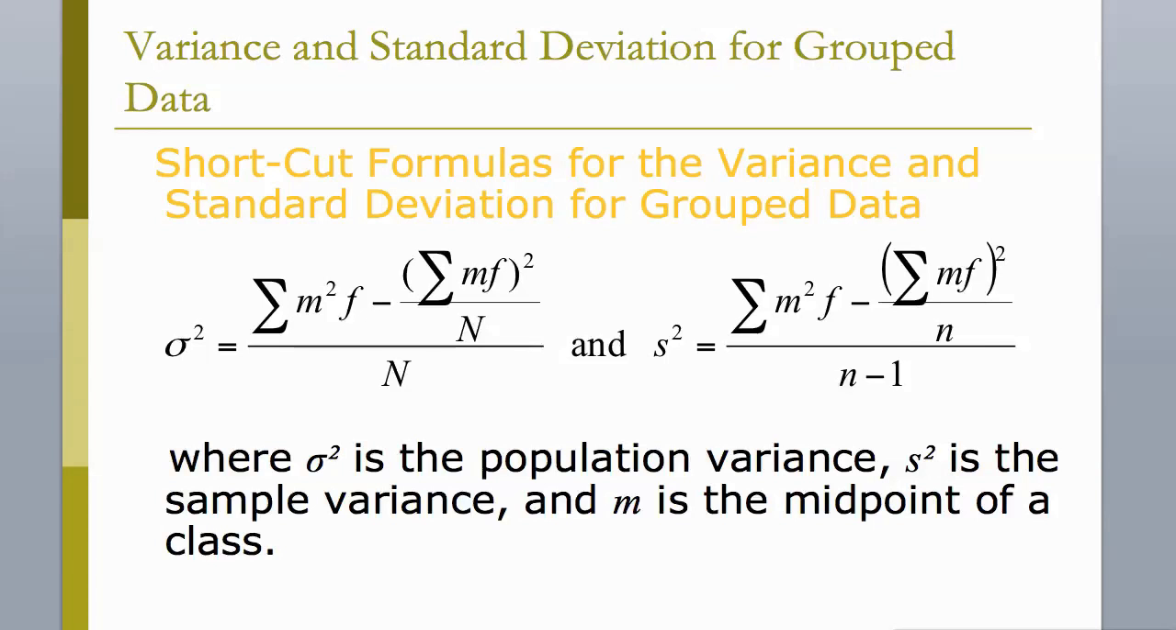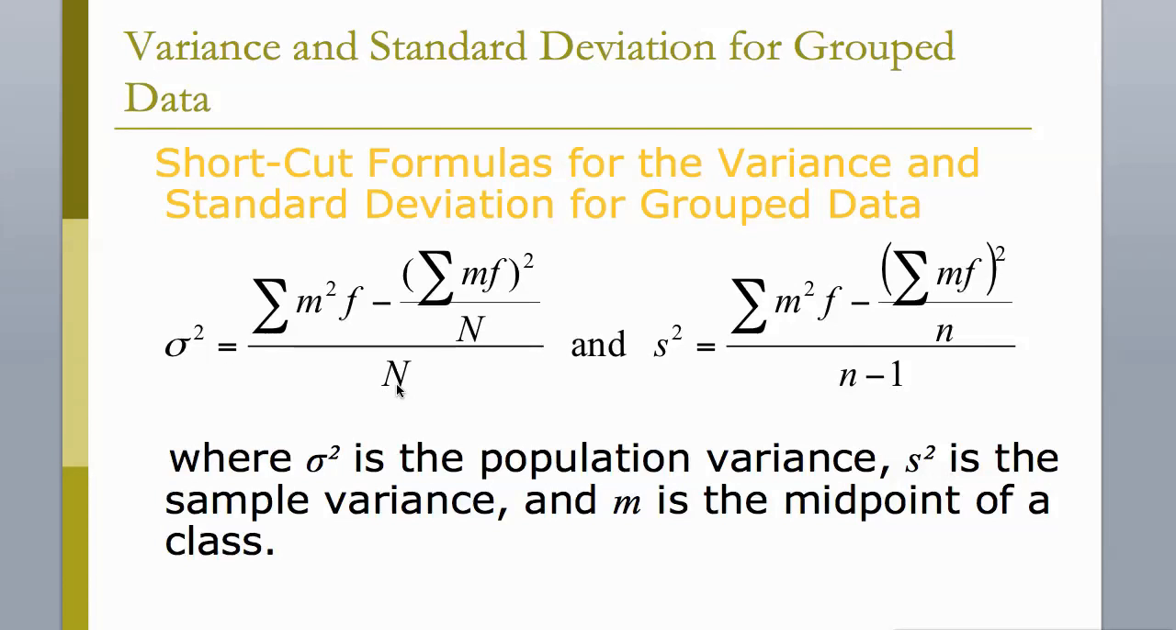In the case of grouped data, the variance and standard deviation are given by these formulas. We have also population variance and we have sample variance. And of course, the standard deviation would be the square root in this case, and also would be square root in this case. So as you see, the difference is that we still have n minus 1 for sample and